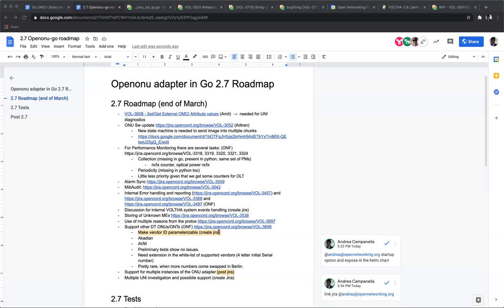If we need to get it in 2.7 per your request or per your need, I would ask if you could either work on it or find somebody who works on it, because as per my understanding, with all the things that I mentioned there, the Adtran team and ourselves at ONF are pretty much done in terms of resources.